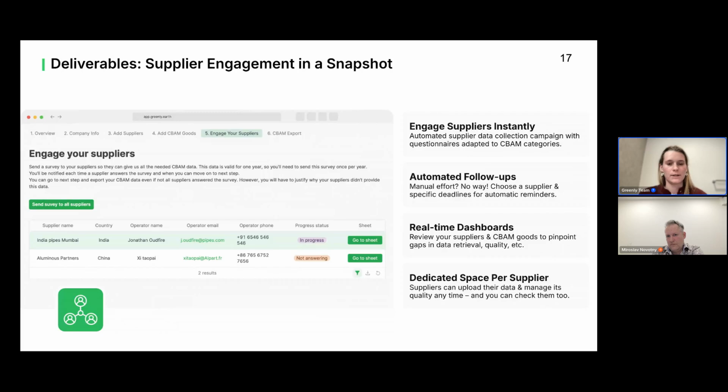And the last point I wanted to make here is that the final reports can be tailored for your specific customers, with the different volumes that you are importing or exporting. So you just have to select your client, and it's ready to send specifically to them or to drag and drop into the EU portal for submission.